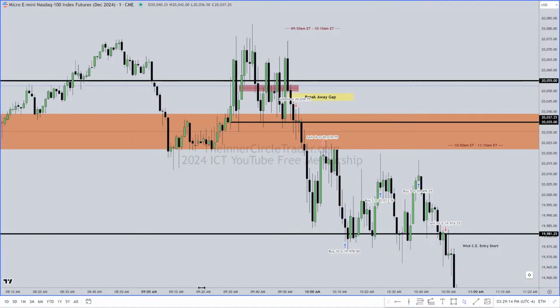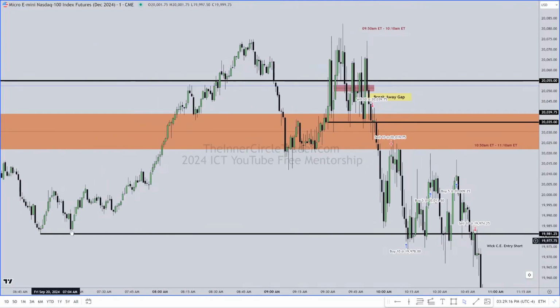It does not take the relative equal lows out yet on this drop down here. But what does it do? It trades all the way back up to some random level. It's the low of yesterday's first presented fair value gap. That candlestick hitting it. It's the first candlestick that touches it.